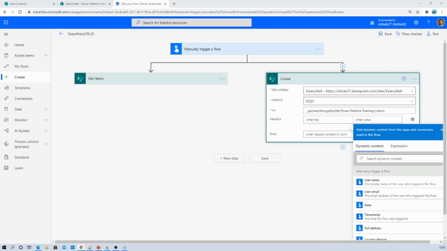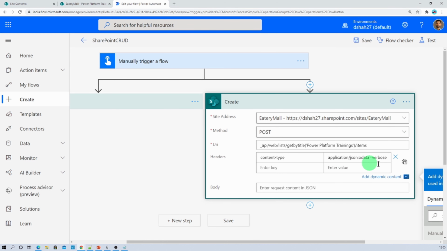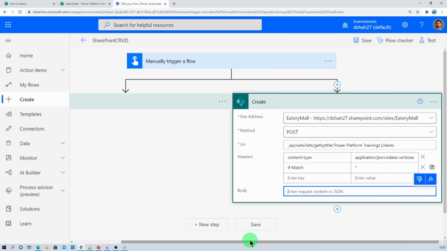So let's first add content type. In content type we simply need to provide application JSON, odata equal to verbose, and the second parameter that we need to provide in the header is if match, and inside that just provide star, and then we need to provide the JSON structure to our body.